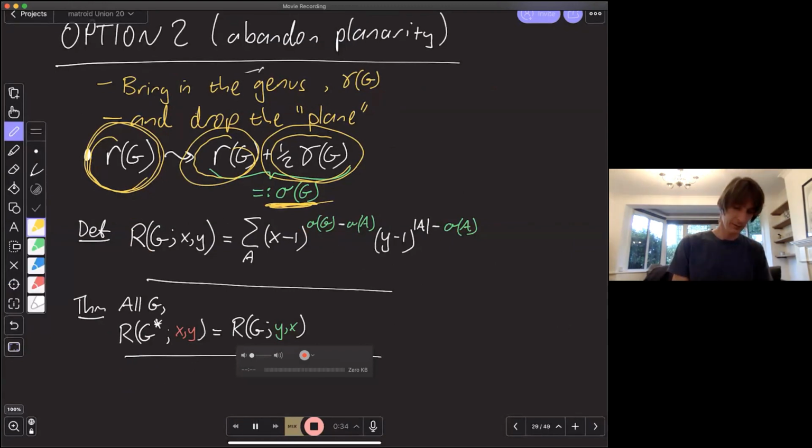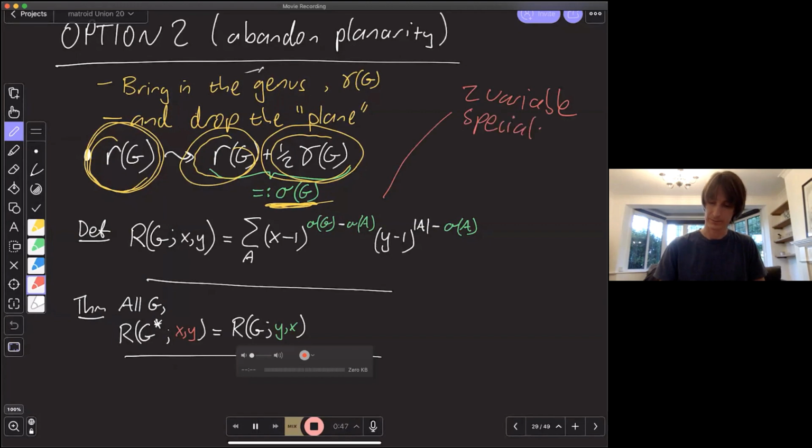And this graph polynomial isn't completely new. This is actually a two-variable specialization of the Bollobás-Riordan polynomial.